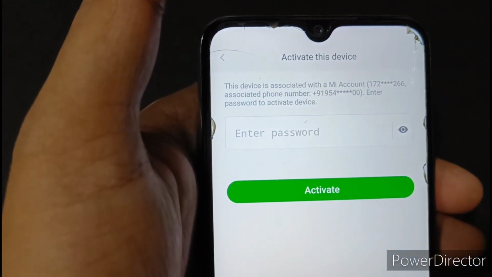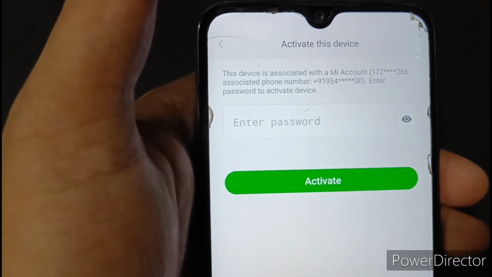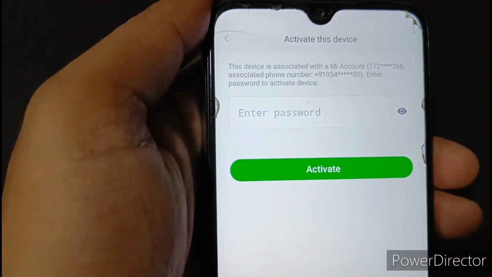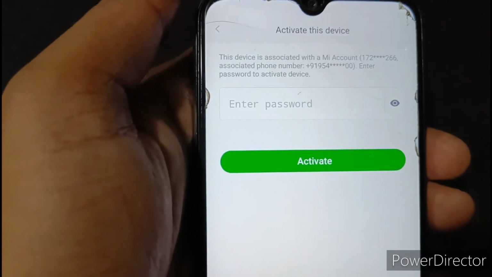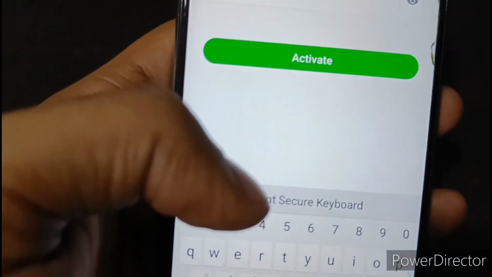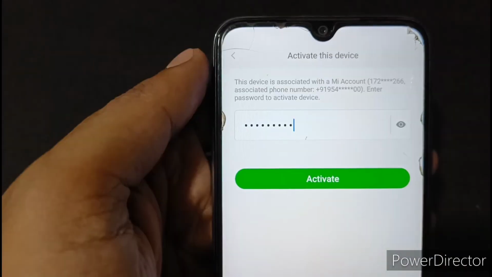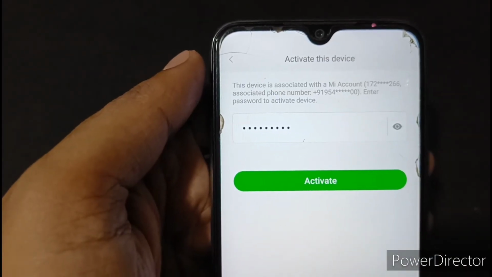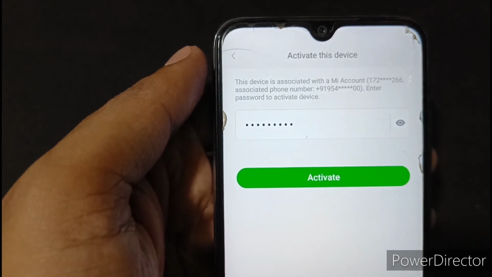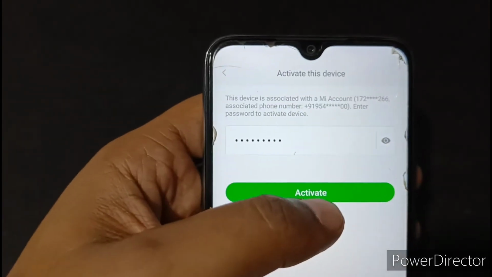Now as my phone is already connected through MI, I have to sign in on this phone. Okay, I put my password in this. Now activate.